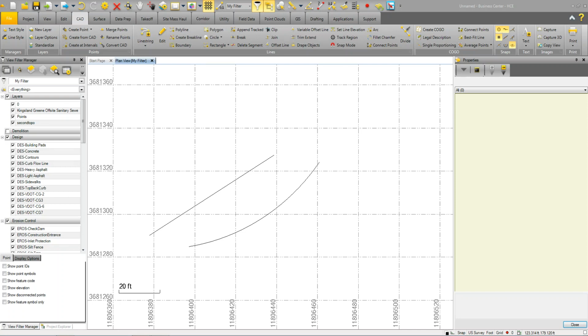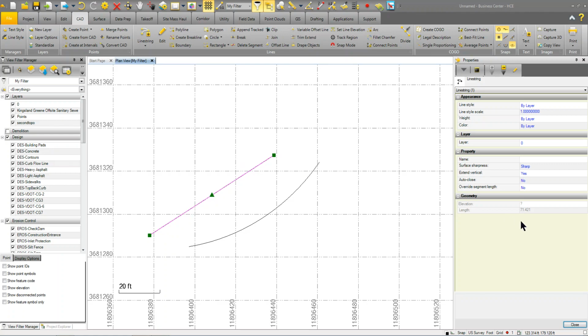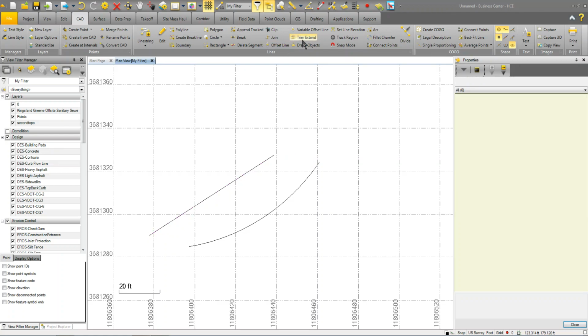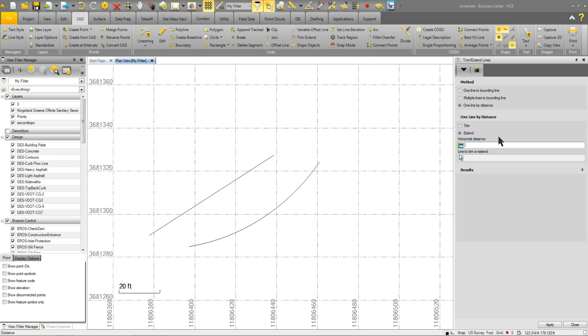So here's a neat little trick to extend a line, or an arc in this case, by a distance. The example I have here is a line that's 71.42 in length, and I want to make it exactly 70, let's say, or exactly 71. So I'm going to use the trim extend command, and I want to shorten it because the length is 71.42,